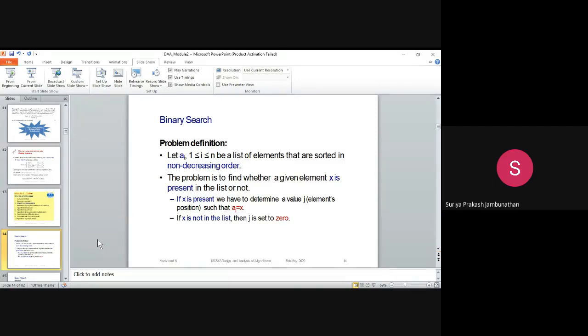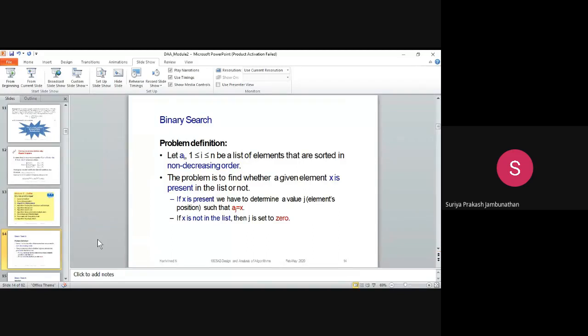Next, what is the solution to show? If X is present, we have to determine the element position such that a of j is equal to X. If not, then we have to return the j value as 0.